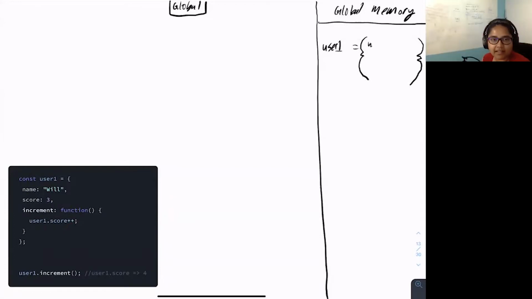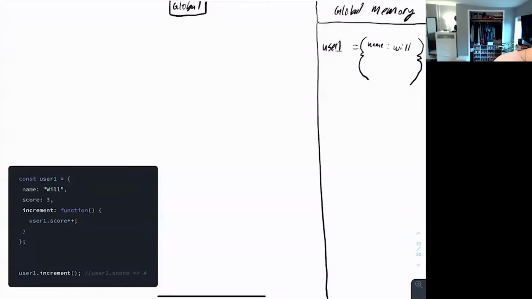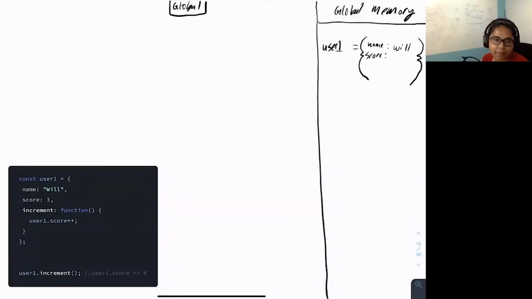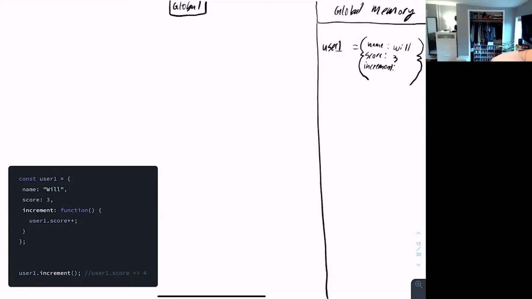Name is the key with will as its value. Perfect. And score is another key with 3 as its value. Perfect. Increment is a label for a function. I love it. And this is how we represent, again, for those of you that may be newer to the hard part style of whiteboarding and lecturing,